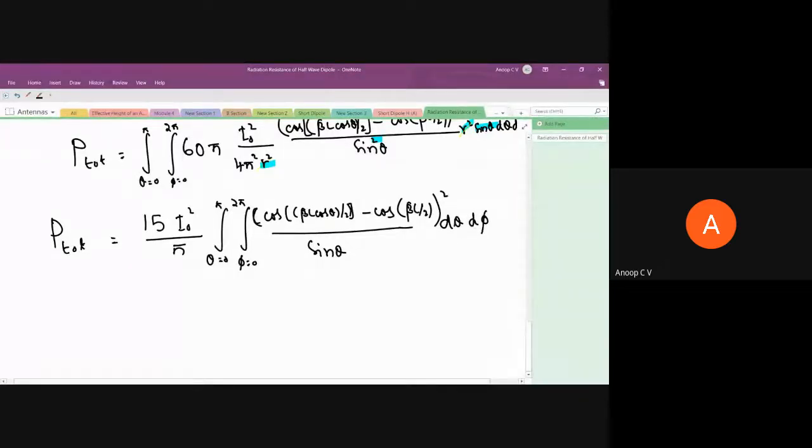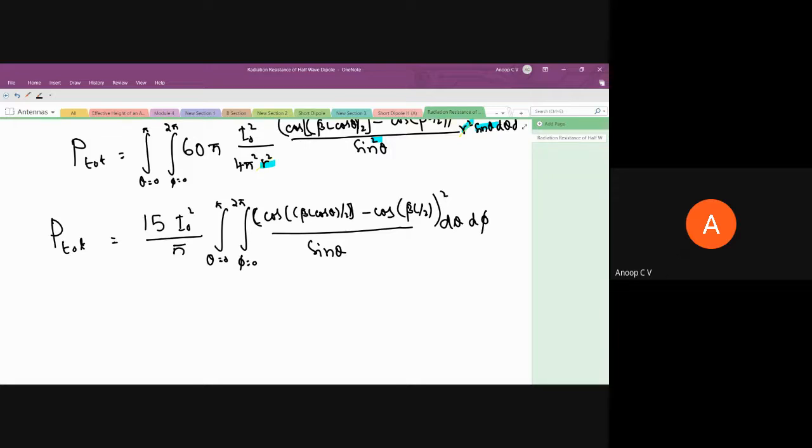Fortunately we don't have any phi term because of the symmetry involved, as I've discussed. If it is a long conductor placed along the center of the circle, and you move around it at the same distance on a circle, it will look the same. So the magnetic or electric field at some distance r away from the conductor is symmetric as you move around the circle. That's why the field expression is independent of phi.